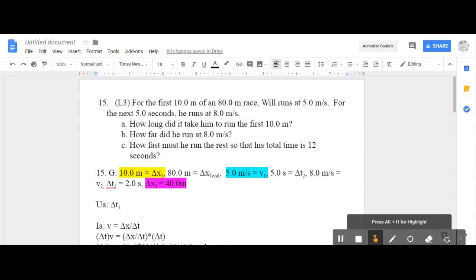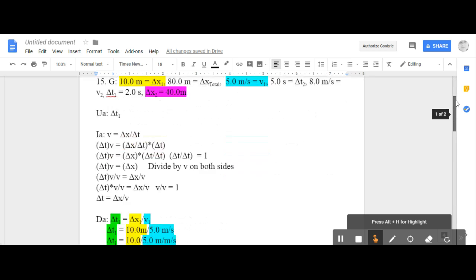So for the first 10 meters of an 80-meter race, Will runs at 5 meters per second, right? And then for the next 5 seconds, he runs at 8 meters per second. I can reread the question, or I can just go to my givens. So when I look at my givens, I can see that I have 10 meters for the first distance, 80 meters for the total distance, and 40 meters for the third distance. So